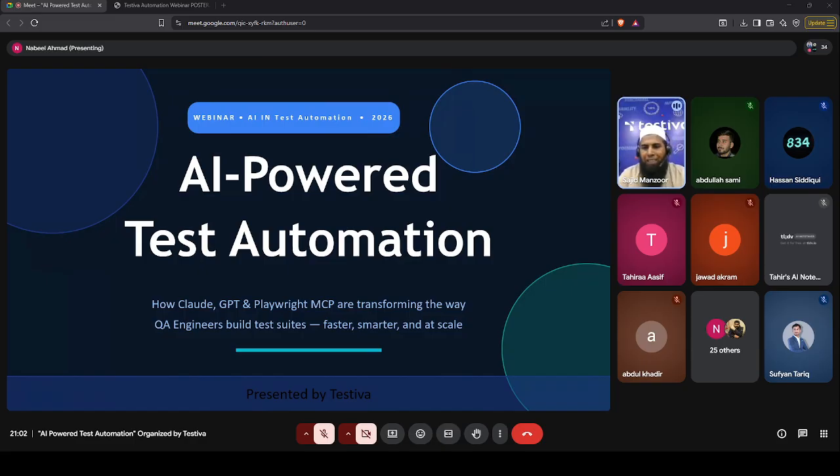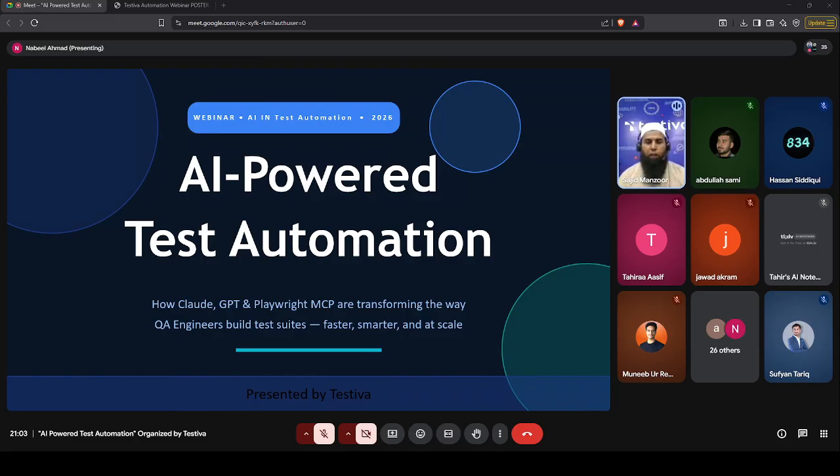So in today's session, we will cover how we can utilize AI for test automation, because more and more people are working in test automation. Although they are also working on manual testing, as AI is improving with time, it's replacing manual testing, and the need for AI test automation is increasing with time.